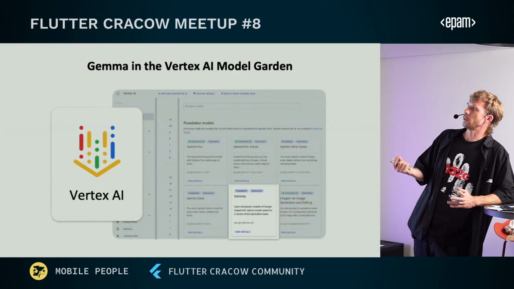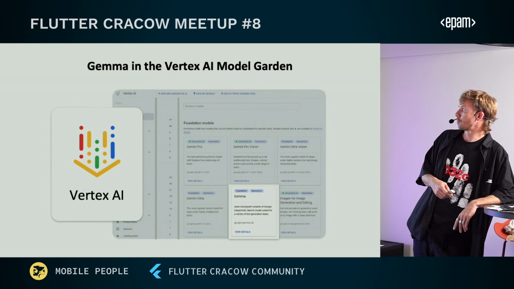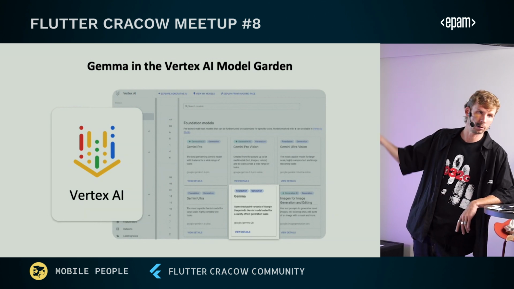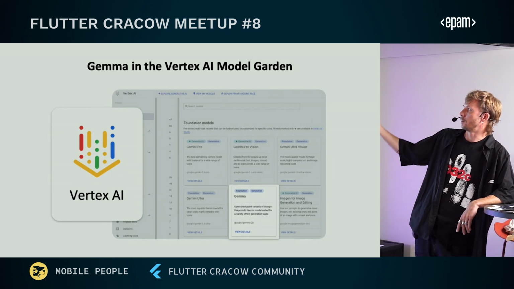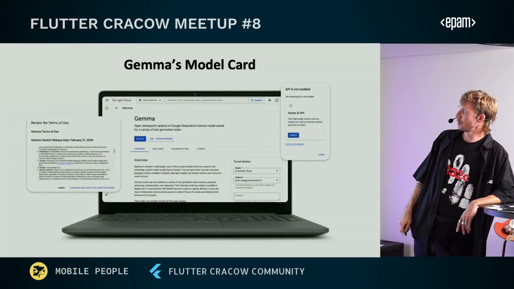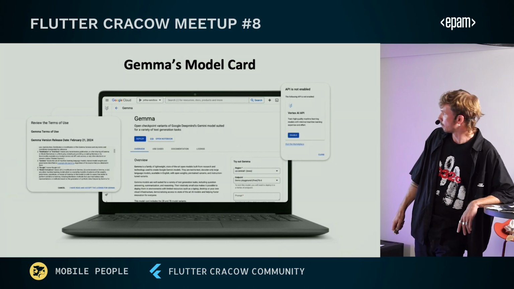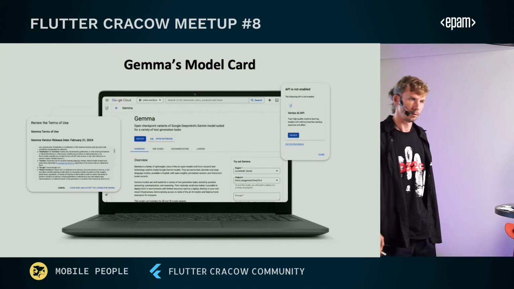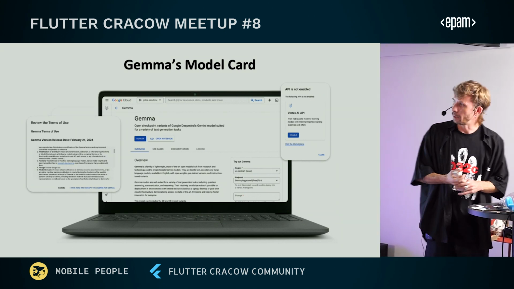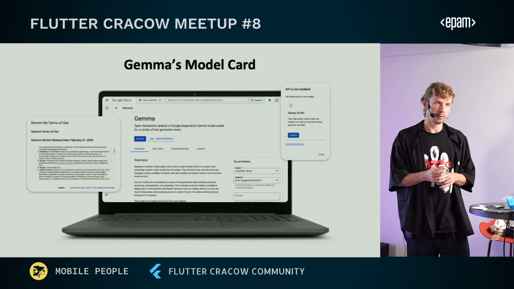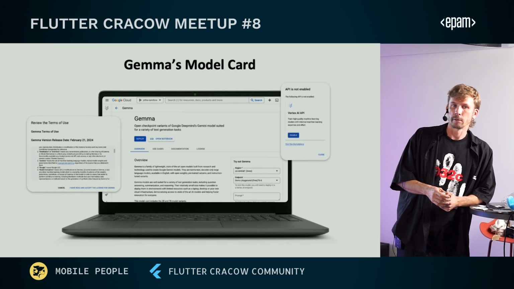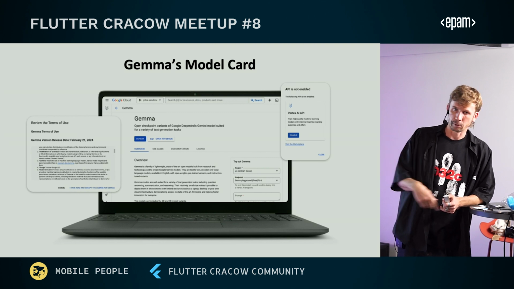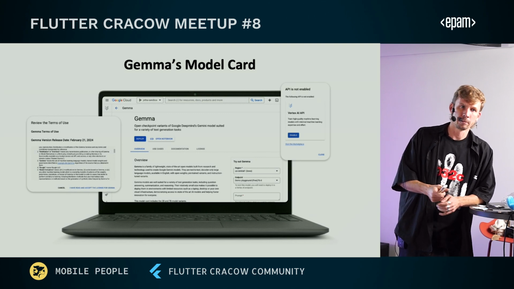So the simplest way to try Gemma is to go to your Google Cloud account, open Vertex AI, open the model garden, find Gemma, and deploy it to your cloud account. Be careful, it's not free. When you deploy it and open the endpoint, it starts to use your money.